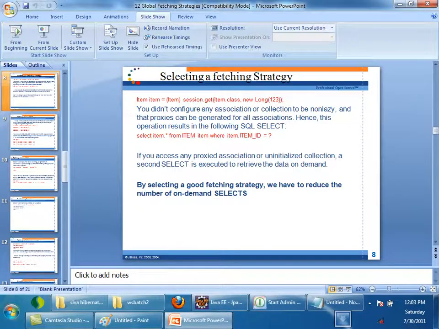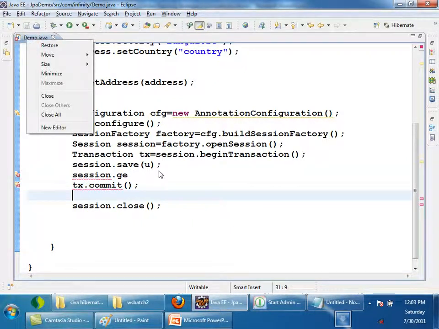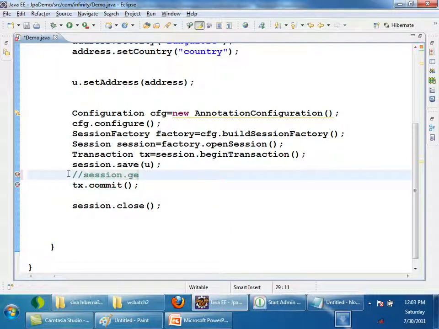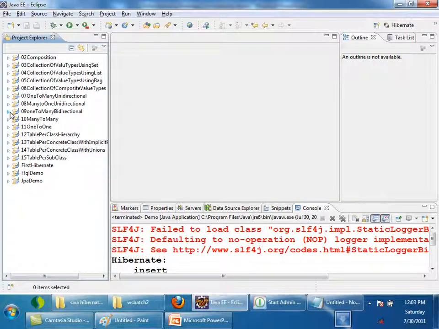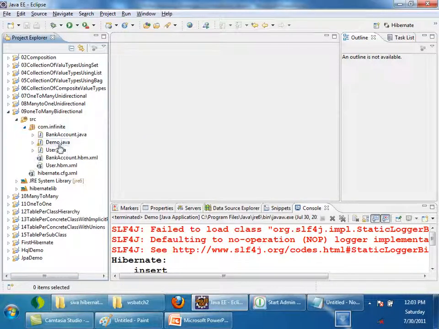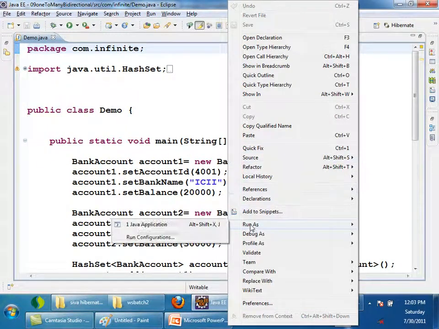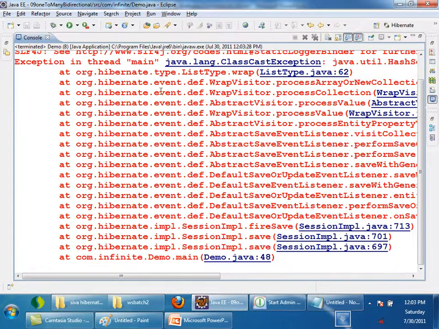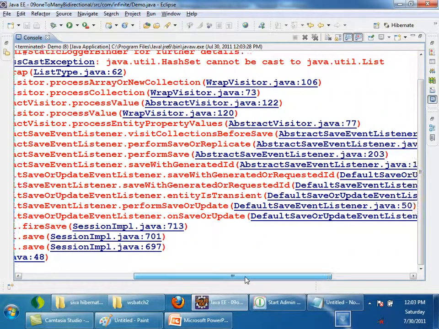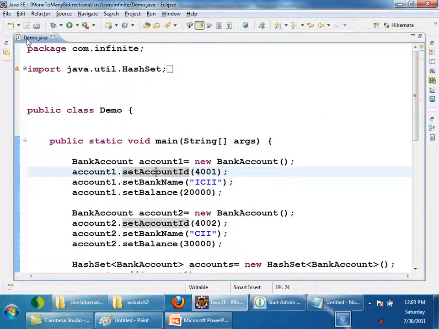I'll show you quickly here. Already we have the code. In bidirectional here, did I change anything here?